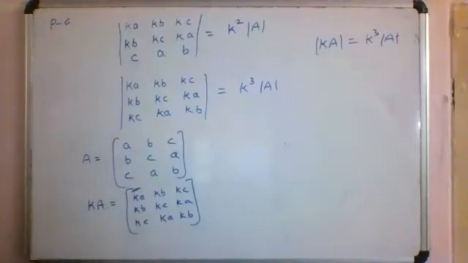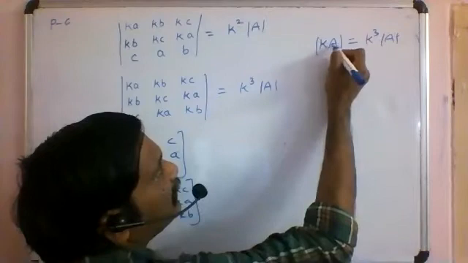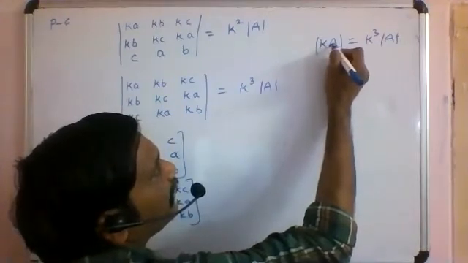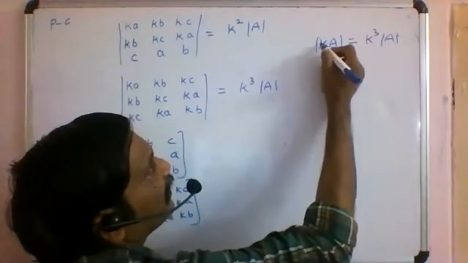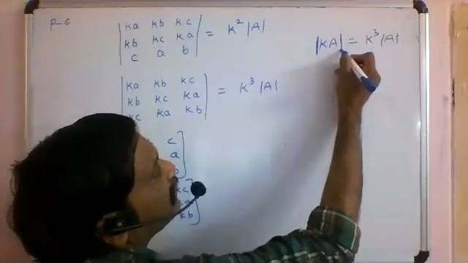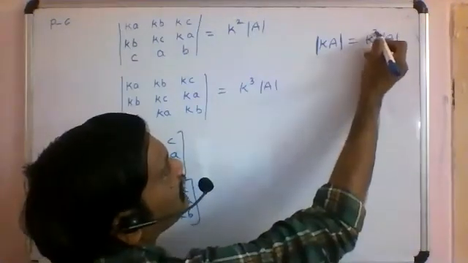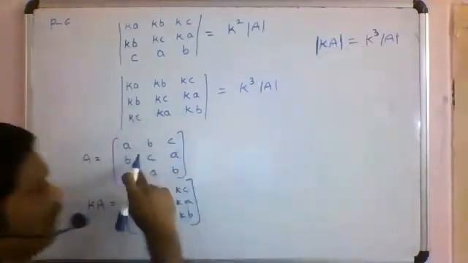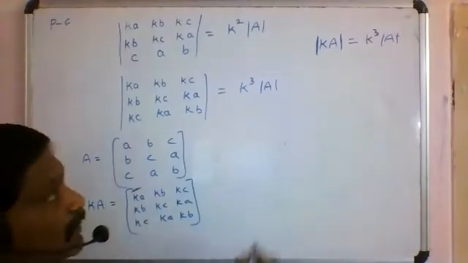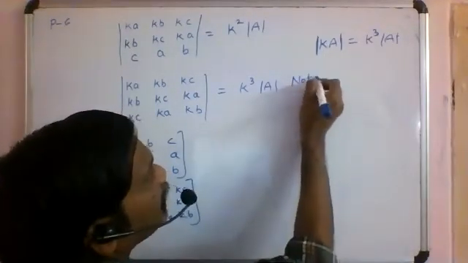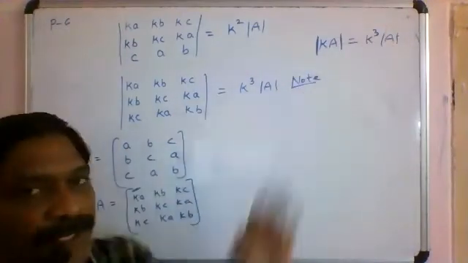So what we can observe here is, for a third order matrix, if I multiply with a real number K and apply determinant to that, we have to write K to the power of its order. Its order is 3 by 3 matrix, no? So K power its order into det A. So I can write a note here. Since this is a third order matrix, I wrote K cube into det A.